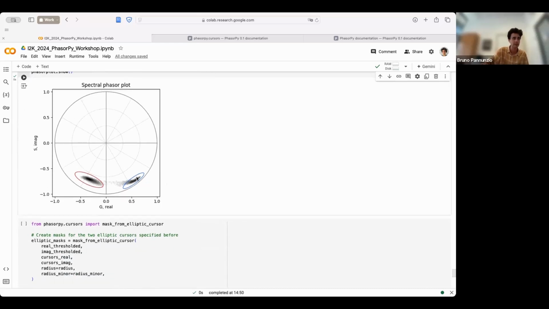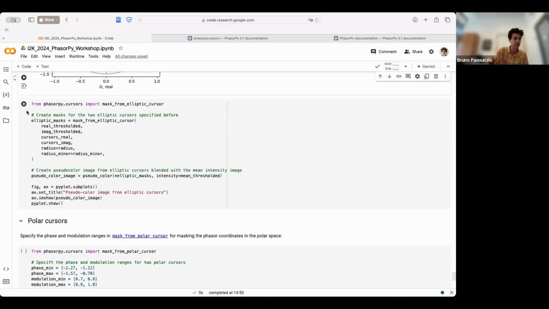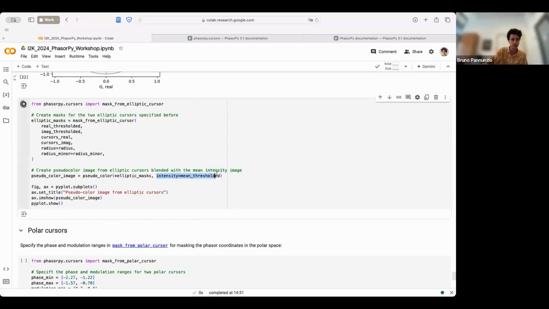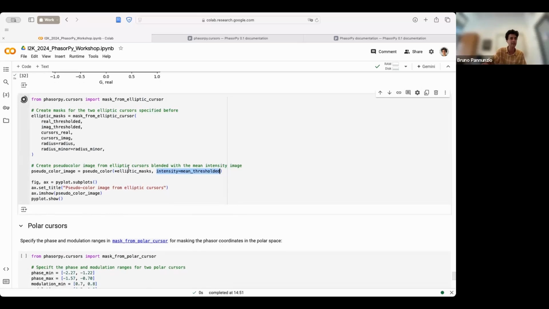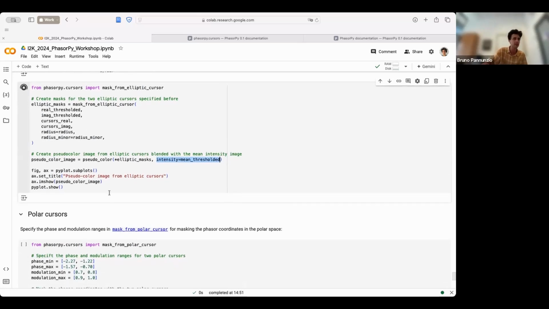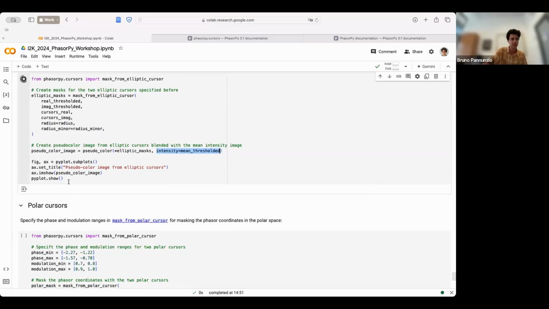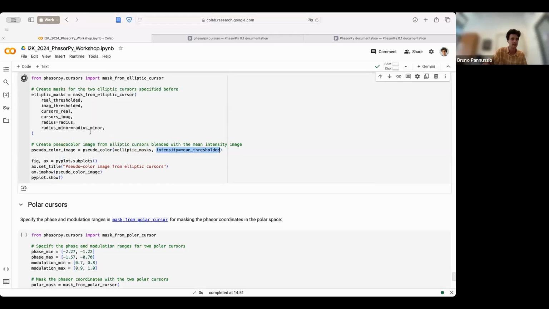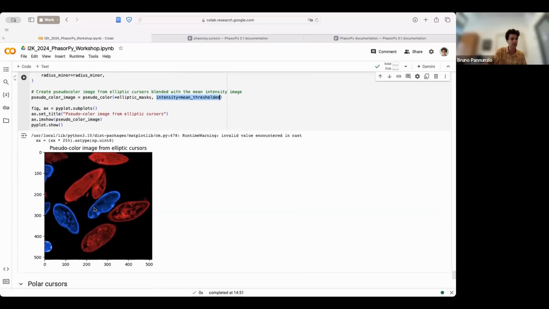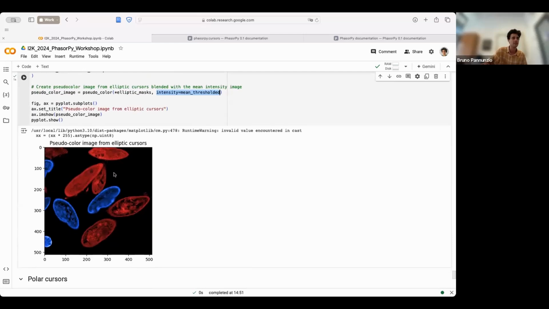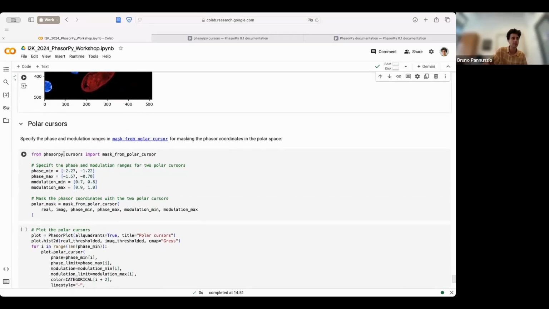So here we selected these two elliptic cursors, and we are going to plot the pseudocolor the same as before. Here we are going to blend with the mean intensity image as before, just to check that we can do this also. Here we see. And then we can also